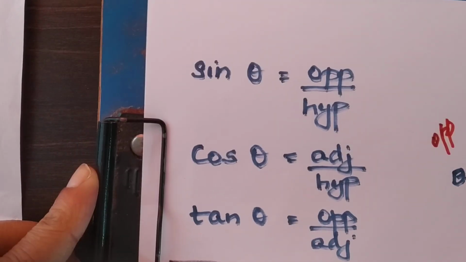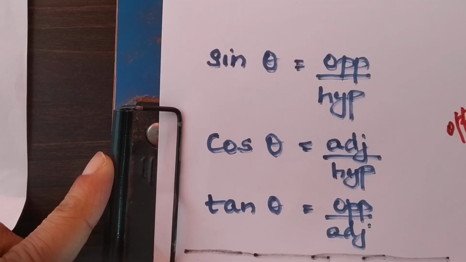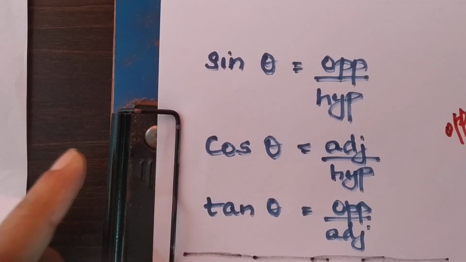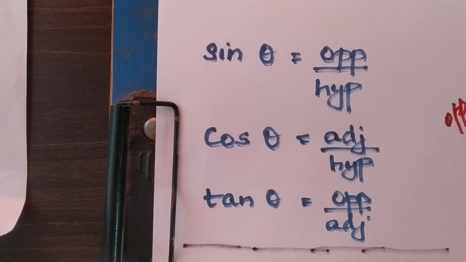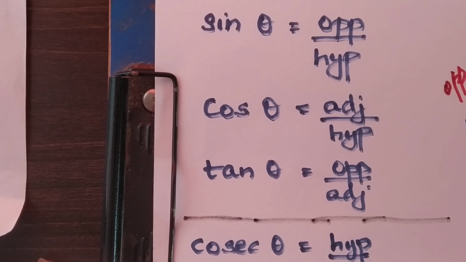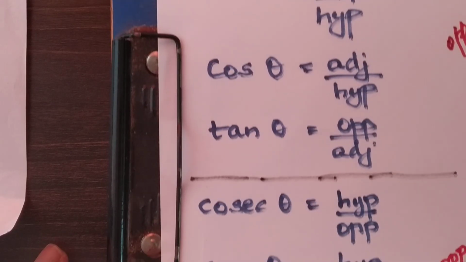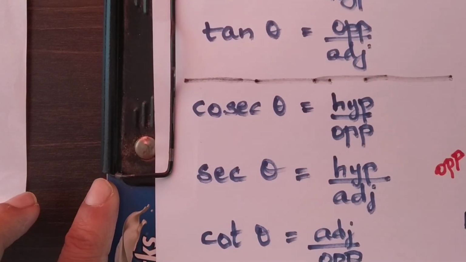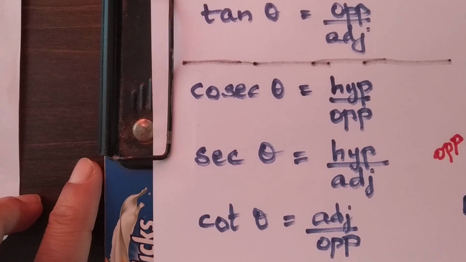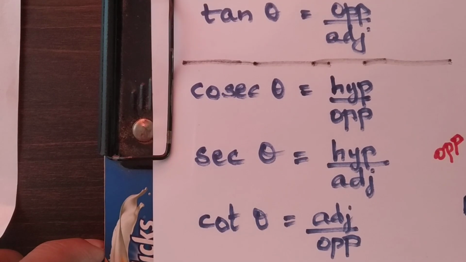So this is what we learned last time. Sine theta is opposite by hypotenuse, cos theta is adjacent by hypotenuse, tan theta is opposite by adjacent, and then the reciprocals of those three: cosec theta, hypotenuse by opposite; sec theta, hypotenuse by adjacent; and cot theta, adjacent by